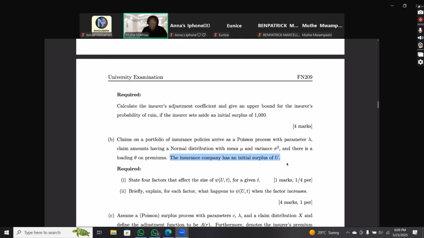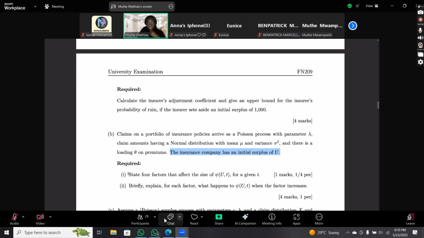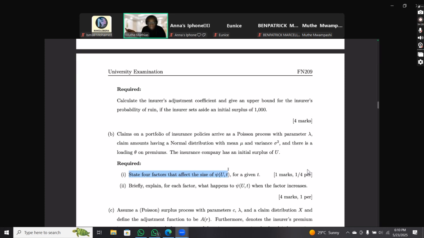Because next week we have to think about what if we incorporate the reinsurance arrangement. Today we are making a very simple assumption that we just have the claims. We have not taken into account the insurance policies. So now we are saying, what if we take into account the insurance policies? You can see this course is simply extending things, moving from the basic to some extension, right? The question was to state the factors that affect the size of the probability of ruin, which is bounded between 0 and 1.